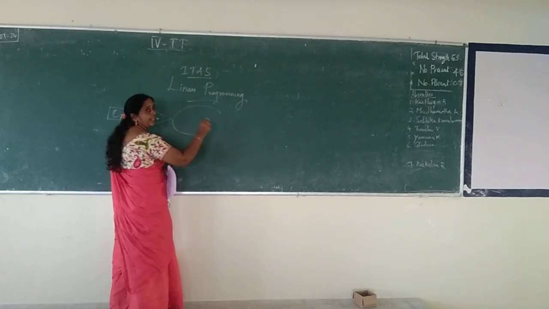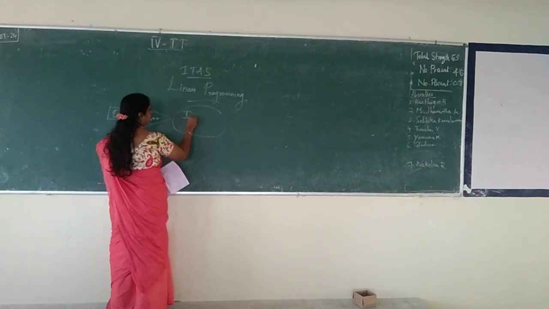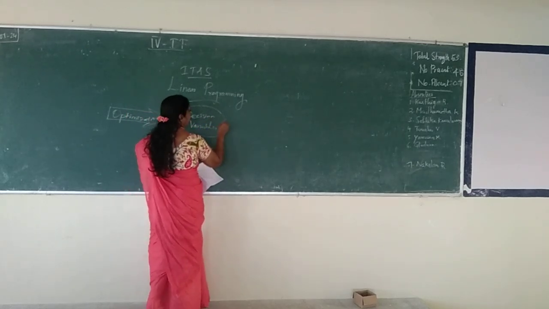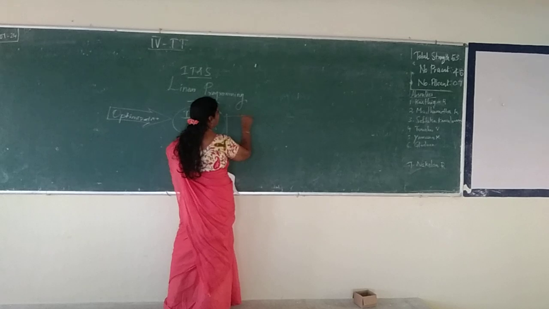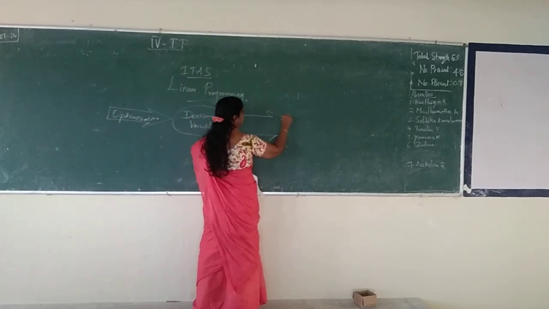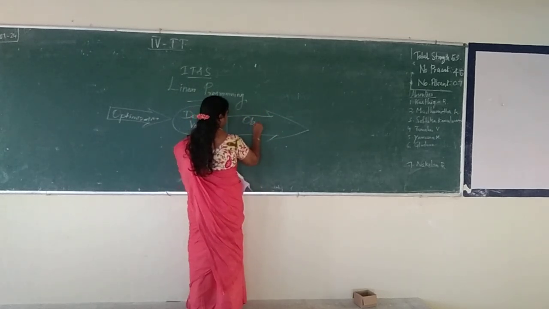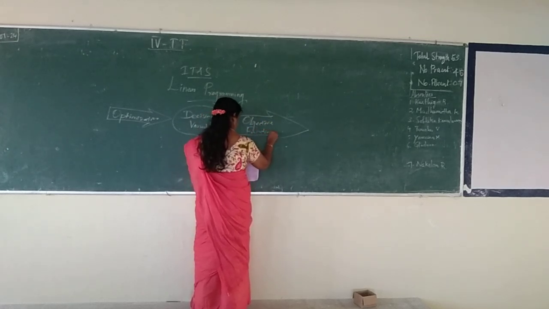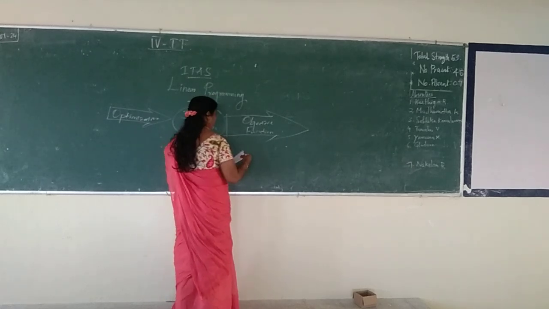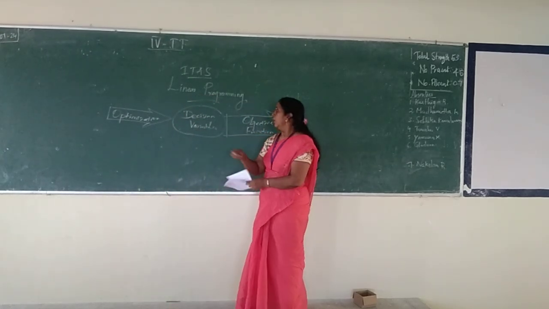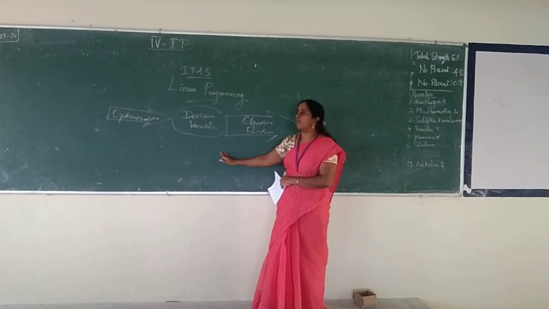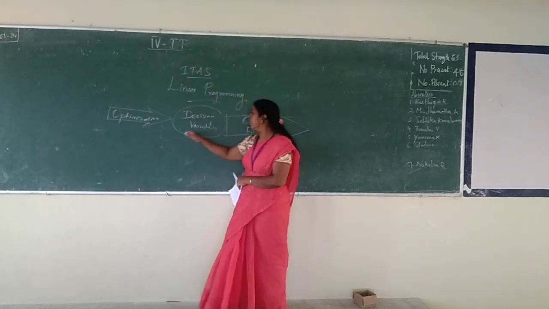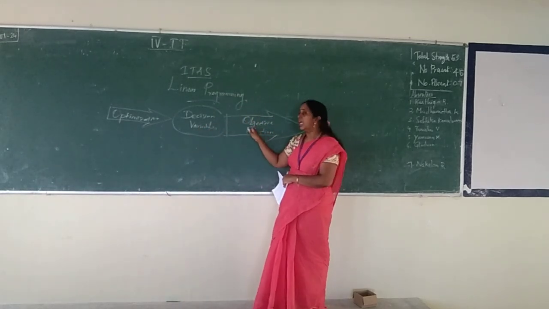Then it uses some decision variables and it involves a function. That function is called the objective function. The linear programming model follows this programming model: optimization, decision variable, objective function.